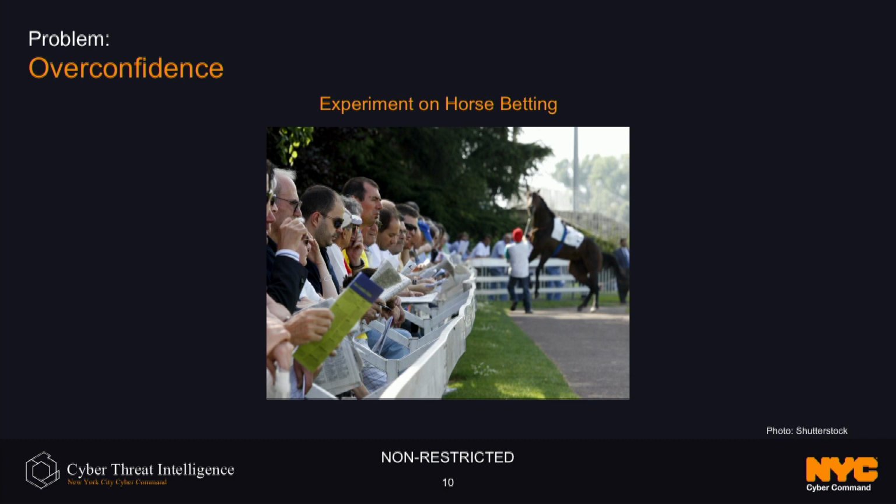Now let's go back to overconfidence a little bit, because this is a very invisible issue that we're often not cognizant of, but it can cause major issues in the long run. In Richards J. Heuer's book, he presented an experiment on horse betting. By the way, you should definitely check it out. It's open source, it's free on CIA.gov. I'm sure they won't track you if you download it, but it's a really, really good book. I think it's a keystone for any CTI team or anyone who just wants to learn to think.